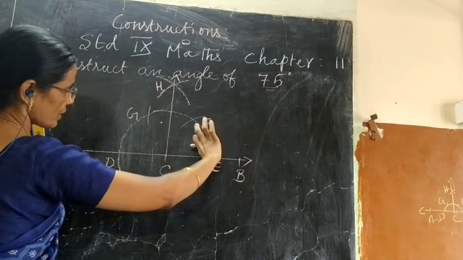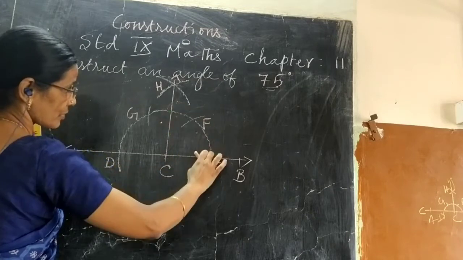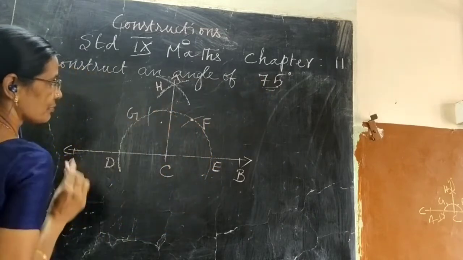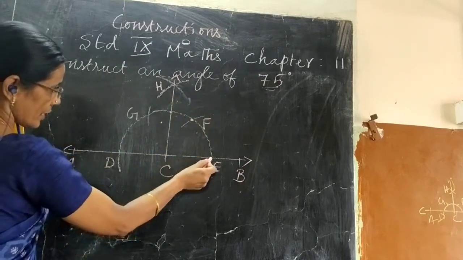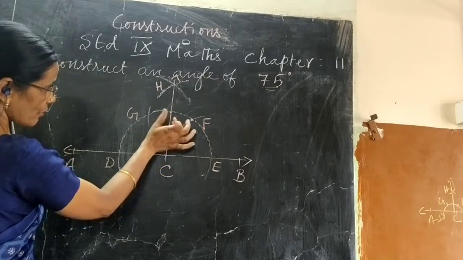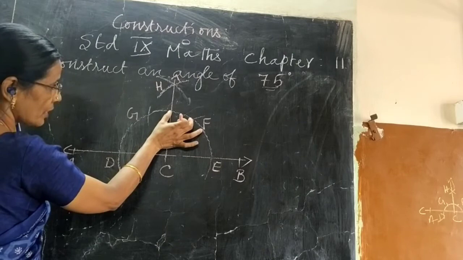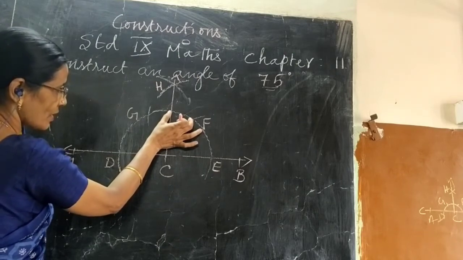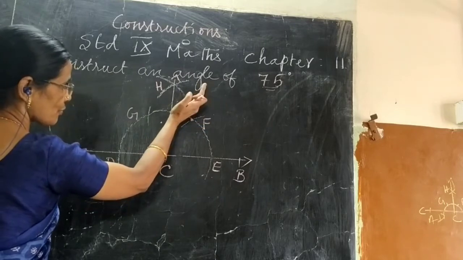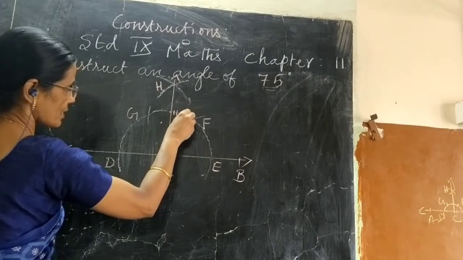We know here to here is 60 degree, here to here is 90 degree. So 75 is between this point and this point, right? Here to here is 90, here to here is 60. Therefore, what is the angle between these two? This is 30 degree. If 30 is bisected, we will get each section as 15 degree. So 60 plus 15 will give us 75 degree. So we are going to bisect this.